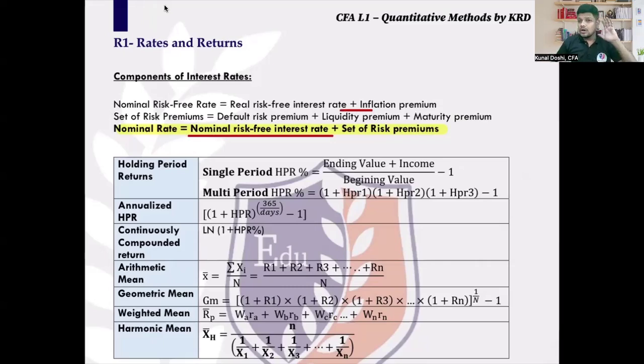Yes, whenever you hear this word nominal, nominal is always real plus inflation. Real rate of return is maybe the rate of your GDP growth or the rate of your economic growth. Okay, so nominal risk-free rate is a combination of real risk-free rate plus inflation premium. Now, that is the yield for a government bond, or that is the rate of return for a government bond. However, when I look at a corporate bond, is a corporate bond risk-free?